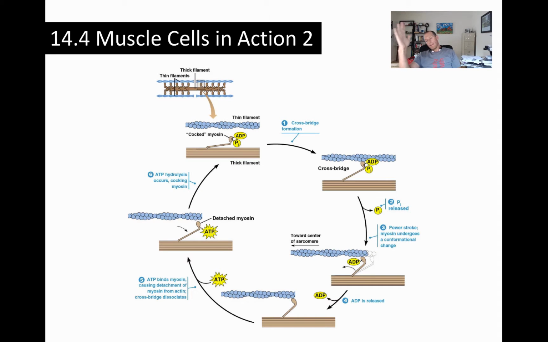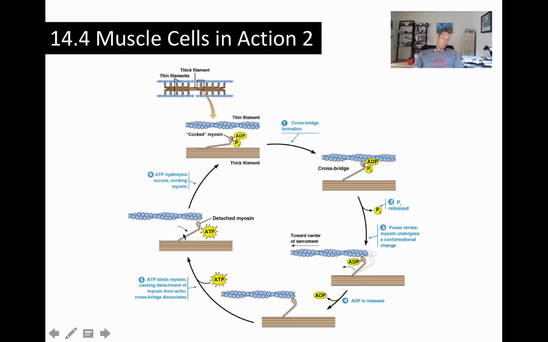So if the Z line is over here and the actin filament is here, and we've got a head cocked here and we release that inorganic phosphate, we're going to be pulling that actin filament, and the Z line is going to come over with it, and so that's going to result in shortening of the sarcomere. Okay, so that's the power stroke there, and the actin filament has been moved towards the center of the sarcomere. We're going to have a cycle now where we release ADP, we rebind ATP,